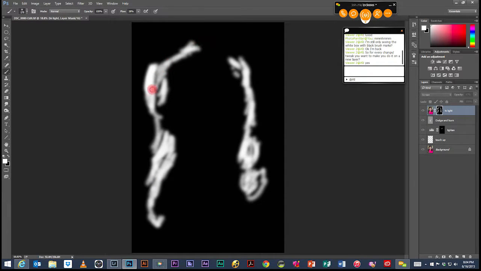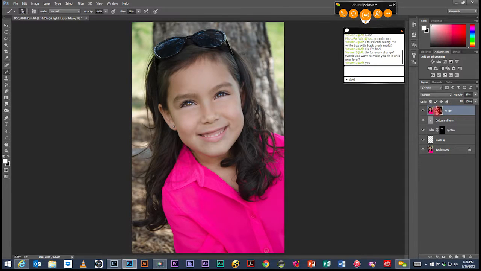Of course, obviously here it looks like kind of a mess, but highlights are not consistent throughout the hair, so they're just kind of all over the place. So it's a method that just takes a little bit of practice, a little bit of work, and you'll be able to get it down. Okay? So now on a kid, and the same goes for if you're working with a male,